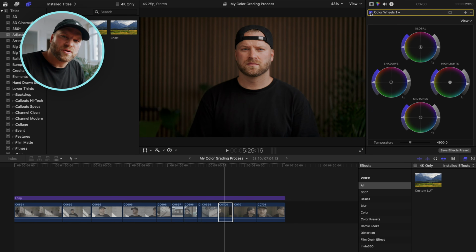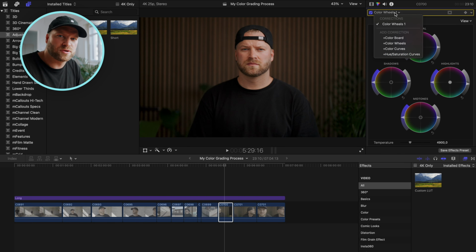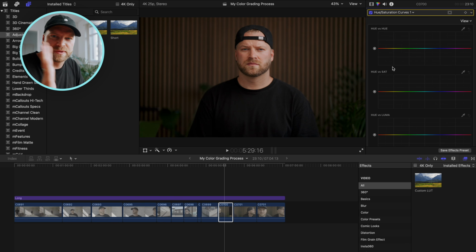And once I've done with the color wheels, the steps to get the white balance and the exposure right, I then go through all the footage with skin tones in mind. So for example, this shot, maybe I want my skin tones to be a little bit more saturated, or if I notice they're a little bit too green or too reddish, I can tweak this really easily by adding hue and saturation. And here you can just, with the eyedropper, drop it on my skin,